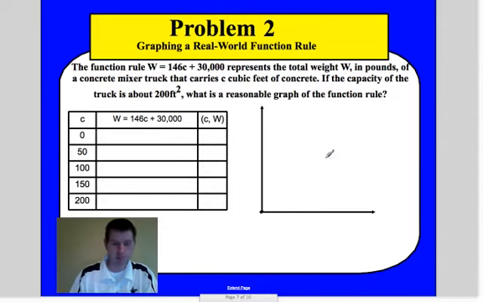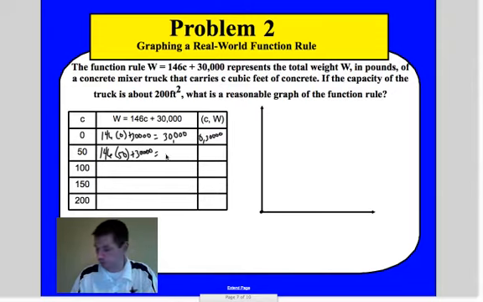So all we're going to do is basically what we just did. We're going to plug in this information. Say 146 times 0 plus 30,000. Well, that gets us the 30,000 because anything times 0 is 0. So we have the coordinate (0, 30,000). I need to make that a little bigger. But we take 146 times 50 plus 30,000,